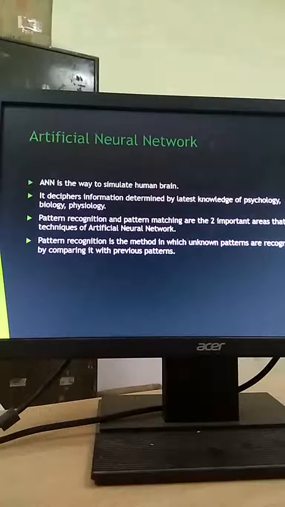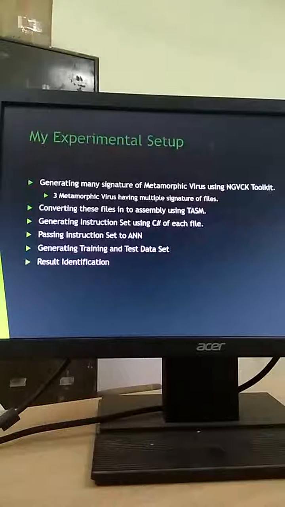So what we are going to do is that our obfuscated malware has a few hundred patterns, and these patterns will be given to the neural network, and it will try to learn so that when a new virus of the same family comes, it will identify that okay, this is the pattern of this family. So you don't need hundreds of signatures, but you need a few patterns, and from that it will identify the next patterns.